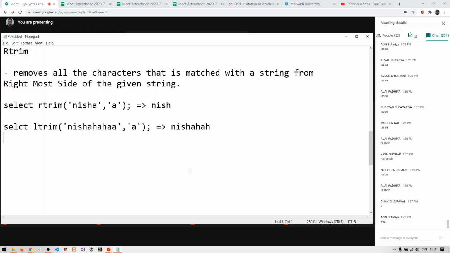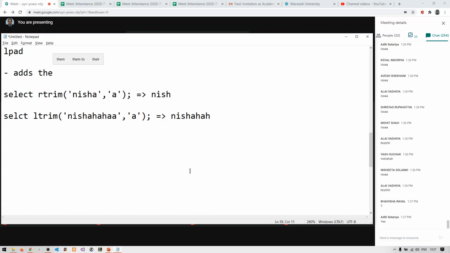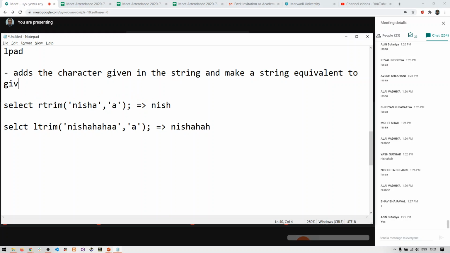The next function is, let me write down here, lpad. So what actually is it? It adds the character given in the string and makes a string equivalent to the given length.